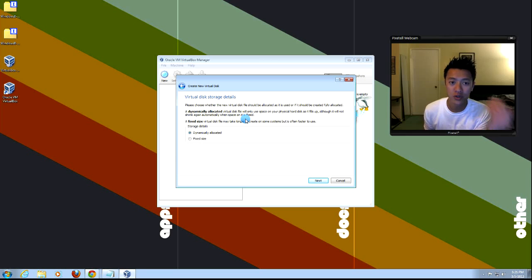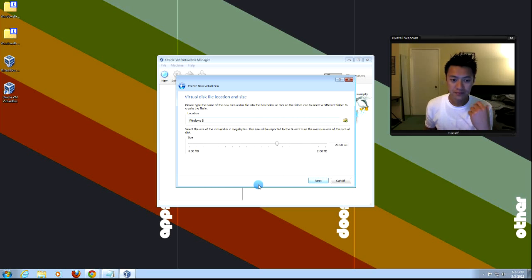Basically, it will only use what you take up. So even though you allocate 20 gigs, right, the install is like 3 gigs, so it'll only take up 3 gigs on your hard drive. As you install programs and apps, that file grows. If it was fixed, then you say 20 gigs, and you'll see that that image file is going to be 20 gigs large. And we'll take a look at that file that it creates, just for showing you what I'm talking about. Alright, so next, this is where you allocate how much size, and 20 gigs is fine for